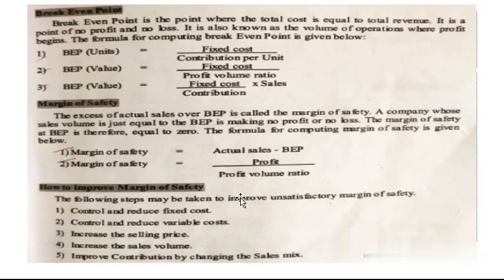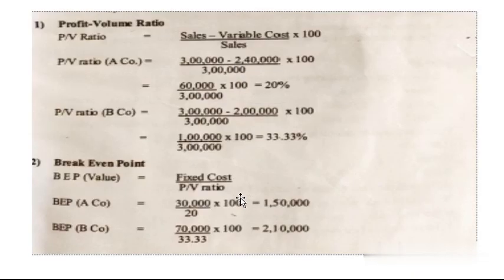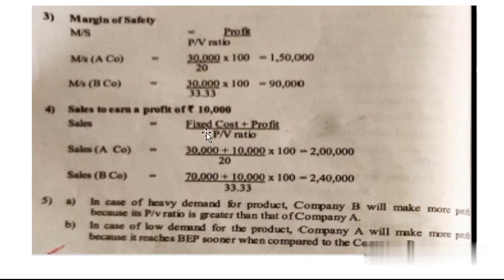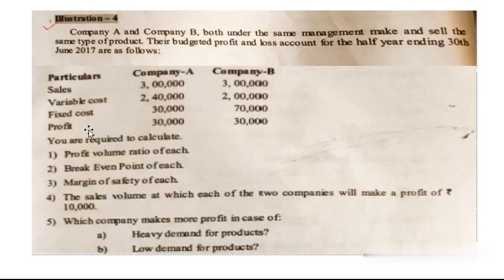So now when we are using this in the calculation, fixed cost is given in the problem for A, profit is also given in the problem. So profit, we need to take what is the profit the company is expecting. That is in the question what they have asked. So there are two profit which is given in the question at the initial stage, which is 30,000 for each, and here they have given if 10,000 is the profit, what should be their sales they have asked. So we will consider the profit to be 10,000.